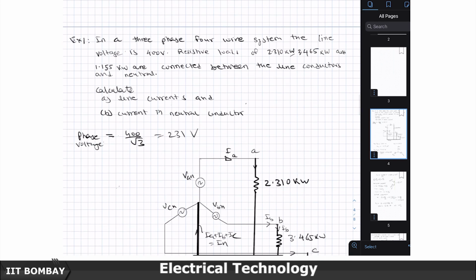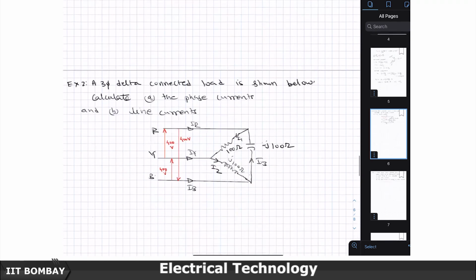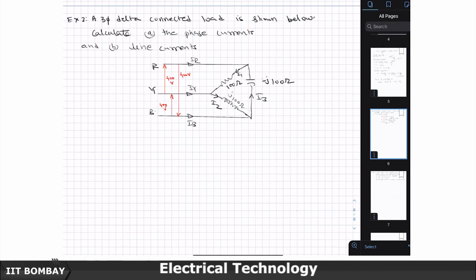Okay. So, calculate the line currents, we have calculated all the 3 line currents, and the current in the neutral conductor. So, we are done with this problem. You see, simple enough, nothing great about it, but a matter of detail, we have to take care of each and everything. Now, let us take